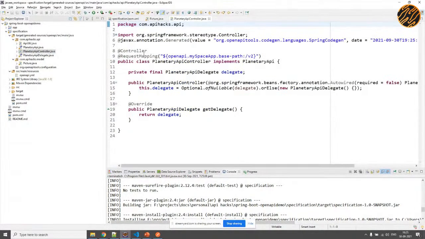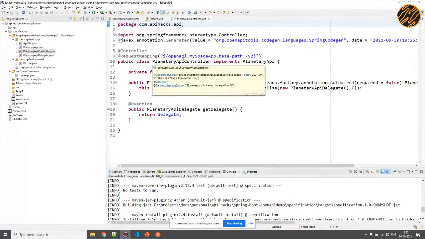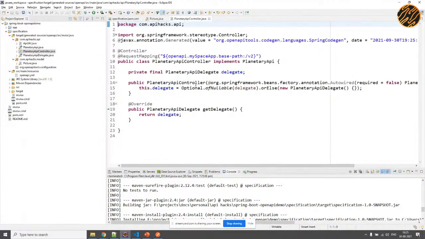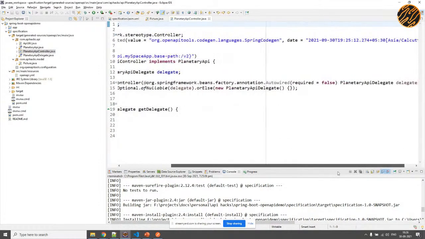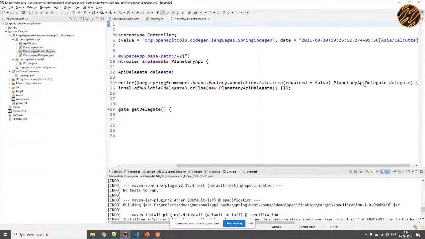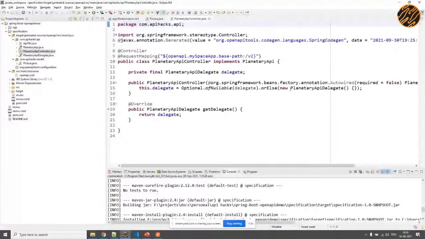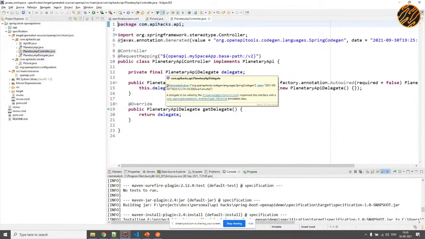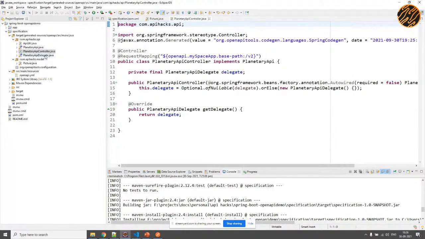This controller is going to be the entry point: when I call the API, this controller would eventually be invoked. If you see, it injects a dependency, which is the delegate, as I would call it. This is the name of the delegate. The delegate is, I would say, an interface, which is going to be implemented by us. Once we implement this interface, we can leverage the methods. Once it is injected, it becomes part of the application context, so we can use that. How that is done is something that I will also show you.